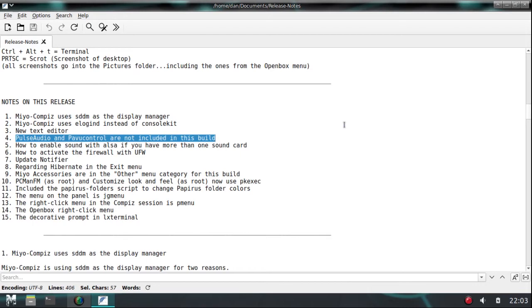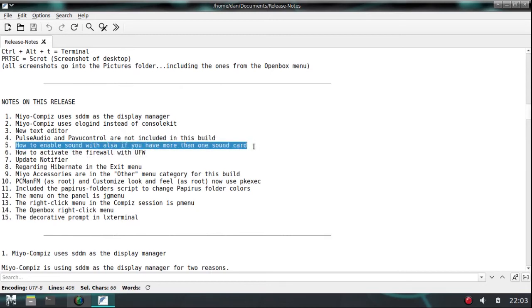You get ALSA for your sound, and that brings us to the next note, which is how to enable sound with ALSA if you have more than one sound card. If you install Miyo-Compiz and you don't have any sound, chances are you have more than one sound card. And I give very easy to follow instructions on how to enable the correct sound card so that you can have sound